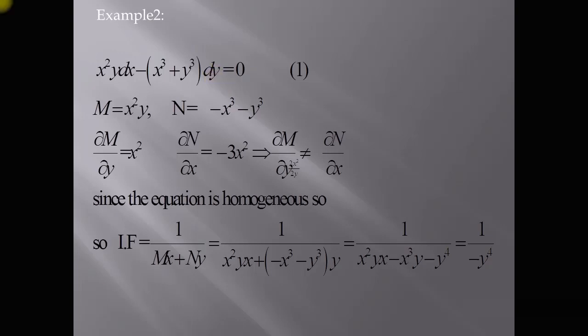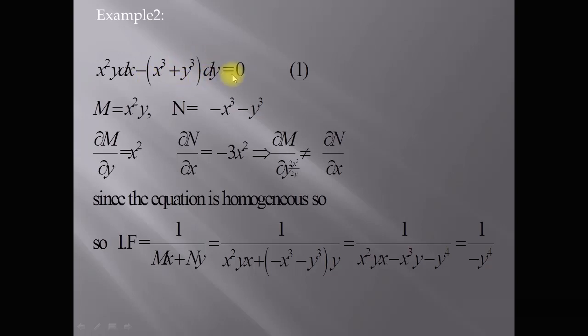Now to find the integral factor, check whether this differential equation is homogeneous. Since the degree of the M function is 3 (2 plus 1), and the degree of the N function here is also 3, the highest degree is 3 and this term is also 3, so the degrees of M and N are equal. So in this case the M and N functions are homogeneous, so the differential equation is also homogeneous.